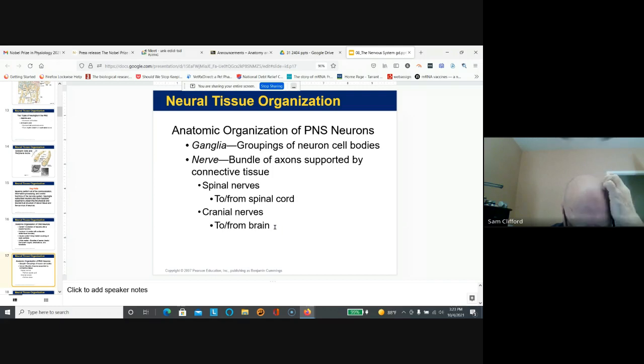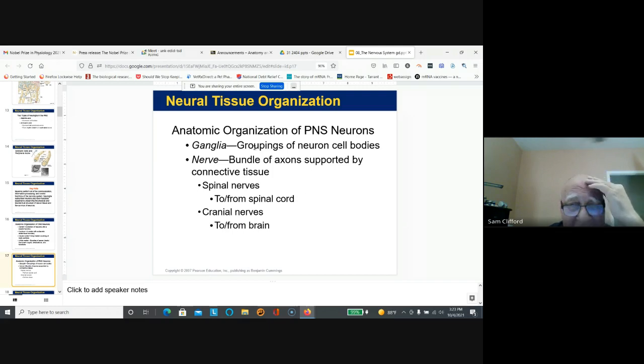So the autonomic nervous system is a major part of these cranial nerves, and their job is to send information to the central nervous system and take the processed results of whatever was being asked. Okay, so